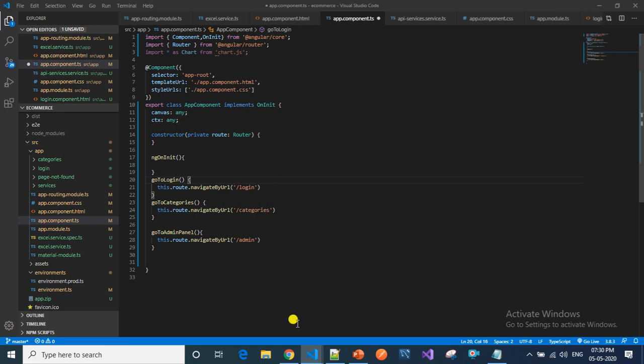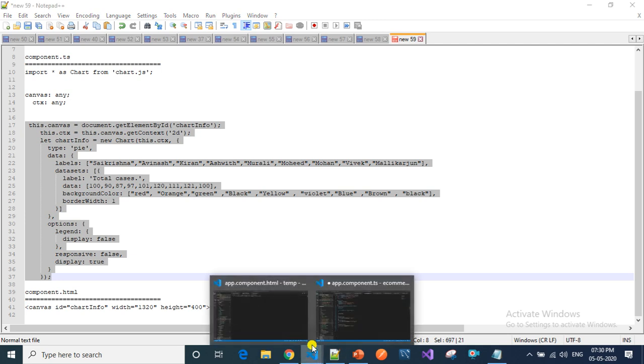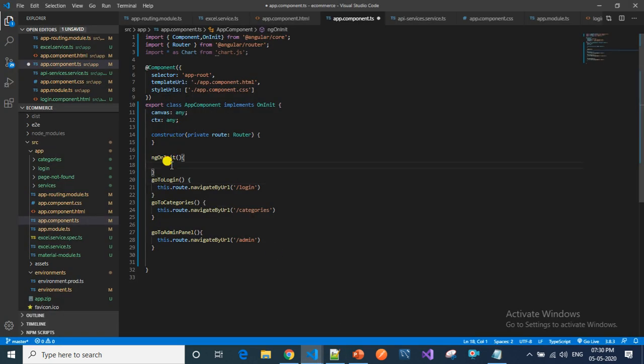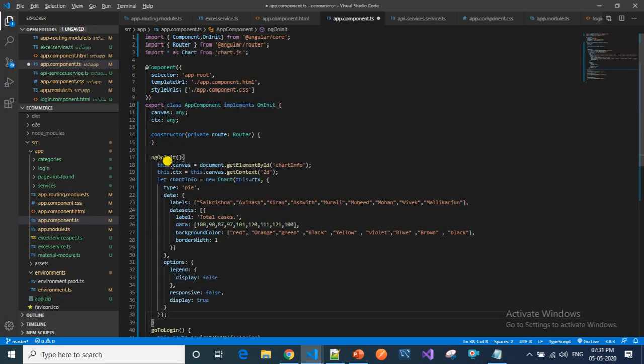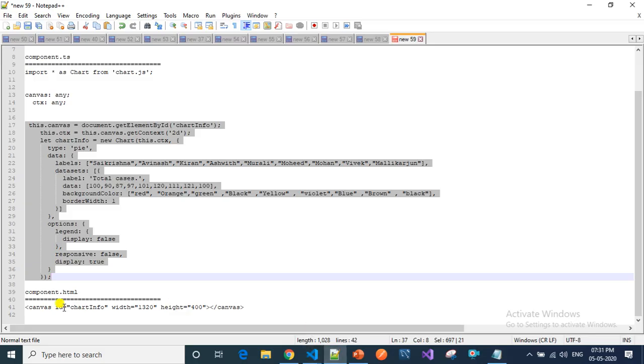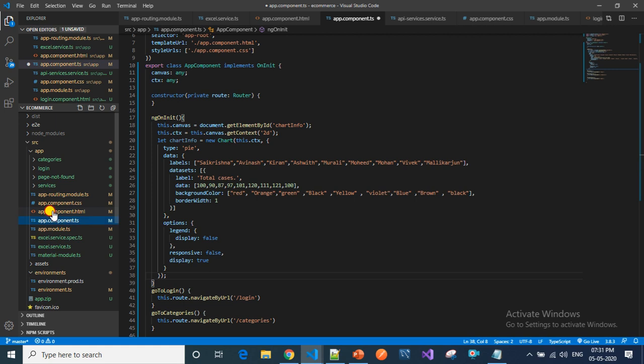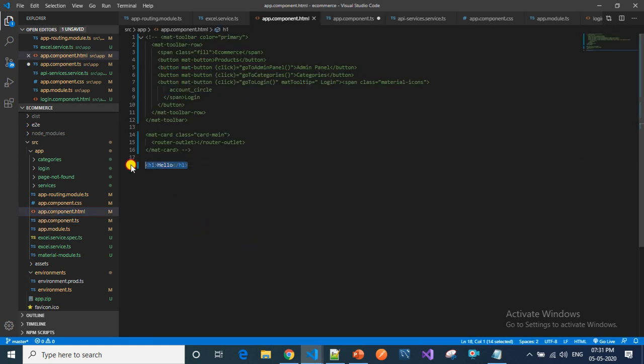Once this is done, you have to paste this code. And in the HTML, we have to paste this. I'm going to share this code in my blog.